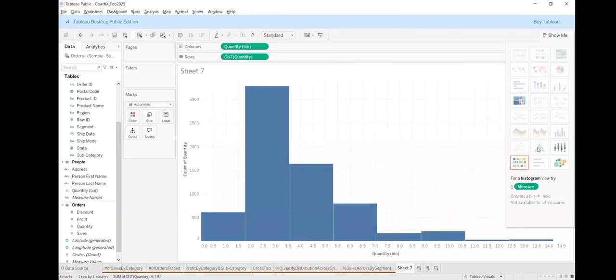So how does it work? The concept is getting changed. We have the quantity under the rows now. You can see the count of quantity, and under the columns you can see the quantity bin. So the quantity bin under the columns has been created, and we can see the set of values 500, 1000, 1500, 2000, 2500. To make it in a nice way, the histogram, whatever we have, we are looking for the quantity